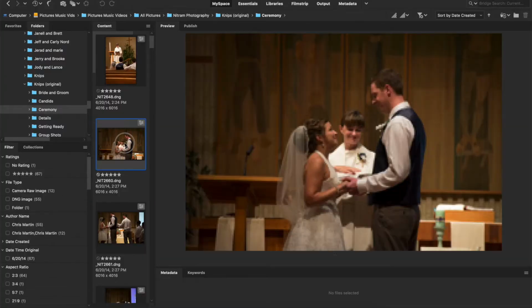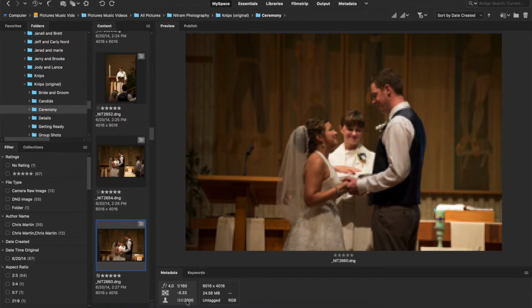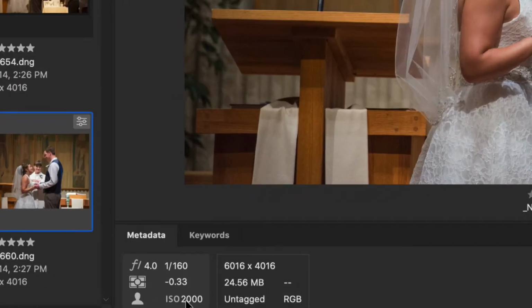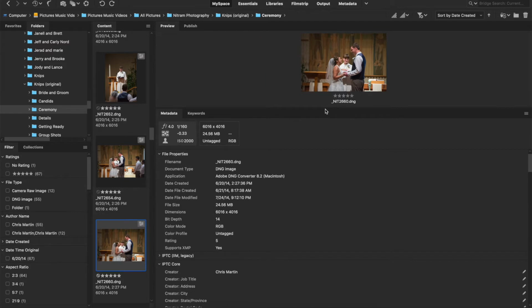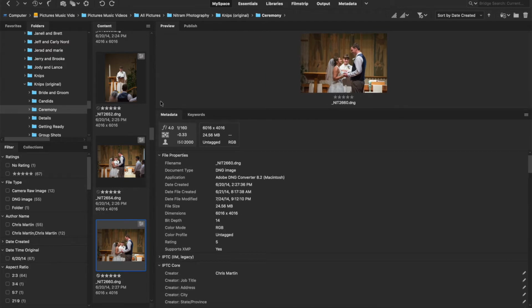Usually when you're shooting a ceremony, it's super dark, and so you might have the ISO cranked up. Here I've got the ISO cranked up to 2000, and for those of you who can't see that at home, it's right down here. Which, by the way, if you're using this kind of workflow, I love this layout, because usually when you start out